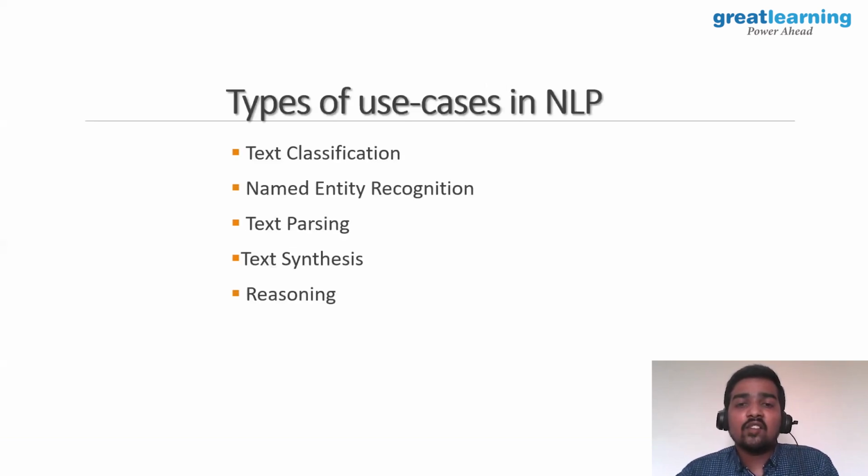So what are all the types of use cases in NLP? We have seen some examples of NLP, and each and every example of NLP will belong to one of these types, right? The first one is text classification: language detection and sentiment classification all come under text classification. So given a text, you are classifying whether it's a positive sentiment, a neutral sentiment, or a negative sentiment. You are classifying the text with these three different labels. In the same way, given a text, you are classifying whether it's English, Hindi, or any other language, right? So you're doing a classification kind of thing here.